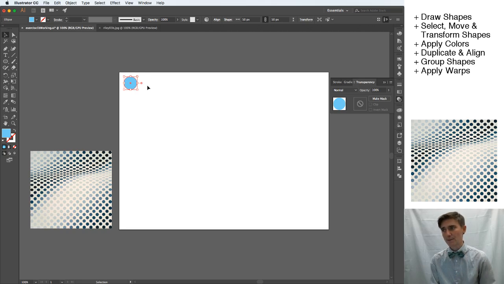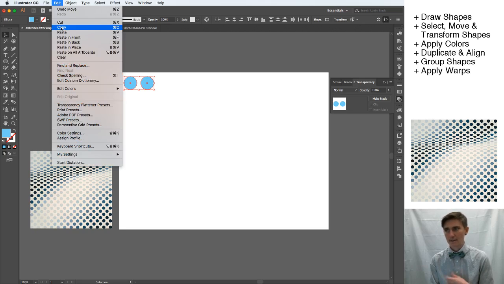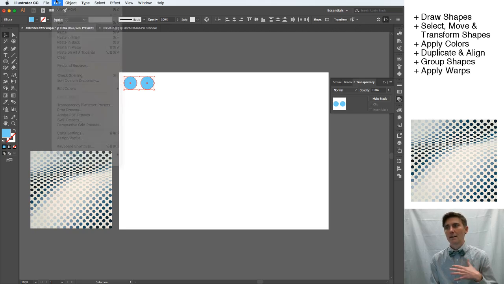There's a couple ways to do this. You can do Command C and then Command V, which are the shortcuts for copy and paste. If you want to, it's under Edit and then Copy and then Paste. Again, start using these shortcuts because it will really help expedite these exercises and your image creation time. It's just learning these shortcuts. It just saves so much time going back and forth to the toolbar and going back and forth to the